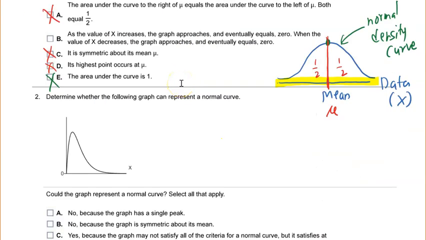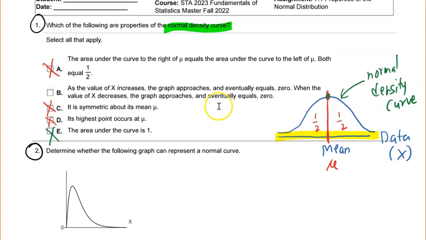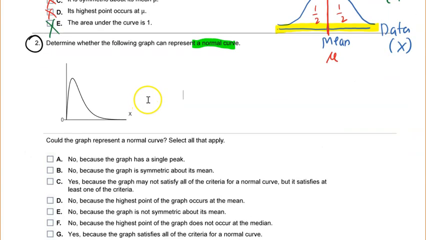Question number 2. Determine whether the following graph can represent the normal curve. Remember that the normal curve is the same as the normal density curve. Sometimes we say normal density, sometimes normal curve, it is the same thing. And notice that this graph is not symmetric about the mean, right? For example, if you draw the line from the top, from the peak, that's not symmetric. You see that the areas on the right and left are not equal. Therefore,